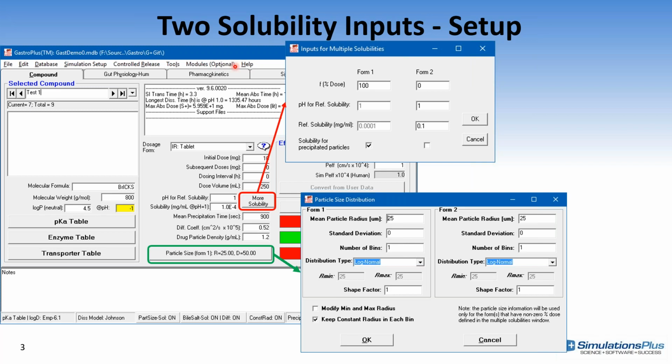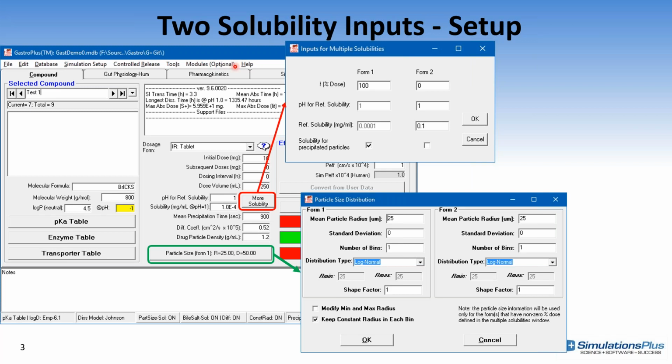This could be used to account for scenarios where your formulation contains two different crystalline forms of the compound, or a crystalline and an amorphous form. You may want to explore how the contribution of the less soluble form in the formulation might be affecting the exposure, or look at scenarios where you are administering one form of the compound and it precipitates in a different form.